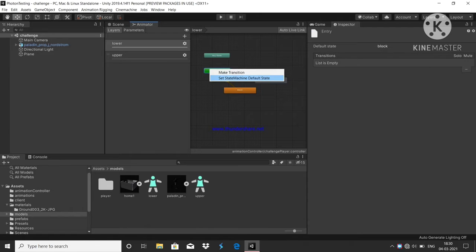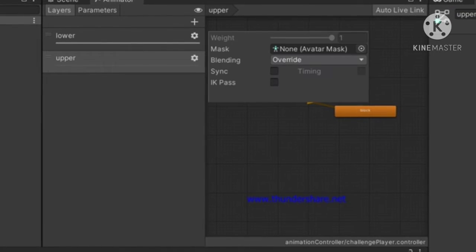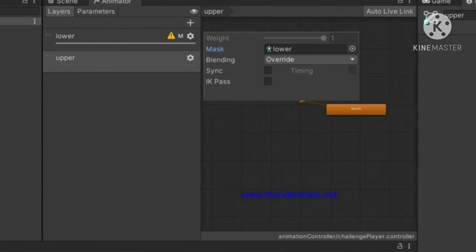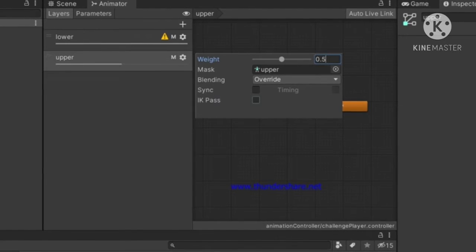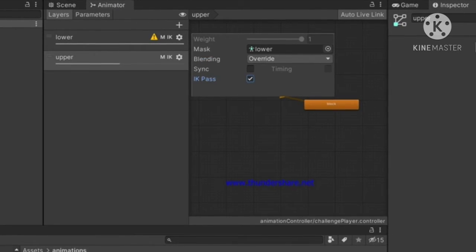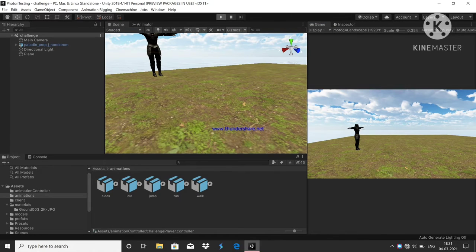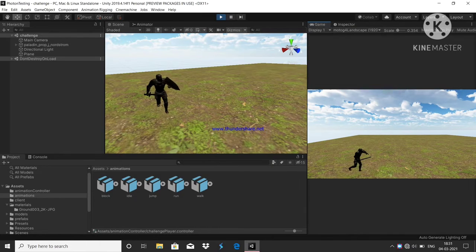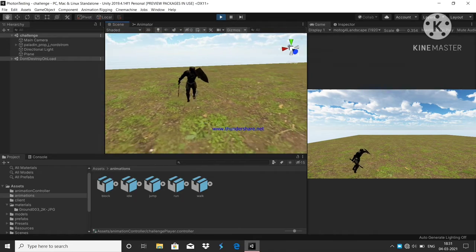You can see here in the animation controller I have two layers, lower and upper. I will take two avatar masks and assign both of those avatar masks to both of the layers. Now what happens is that I will enable one animation in one layer, another animation in the other layer, and I'll make sure I set the weight proportion according to my preferences. And when I click play, you can see the running animation is available and it is playing on the lower part of the body, and the shield